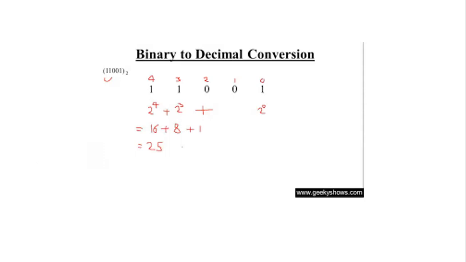110011. Look at this. This is another way to do it on paper. I cannot show you on paper over here, but look at the way he or she has written this: positional values on the top, 0, 1, 2, 3, 4. And then wherever there is a number 1, they've done 2 raised to 0, so 1, 2 raised to 3 is 8, 2 raised to 4 is 16, and then we get the answer 25. Yes?